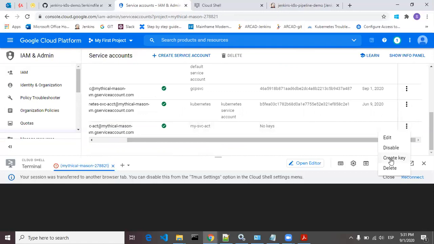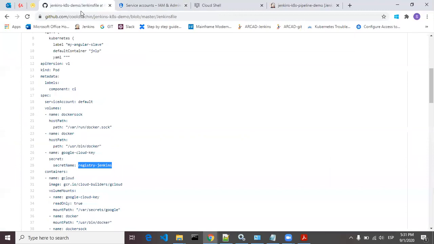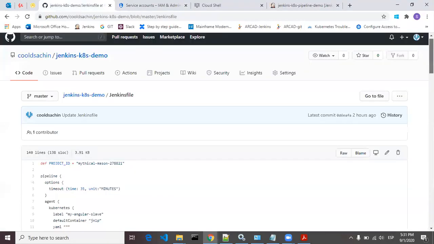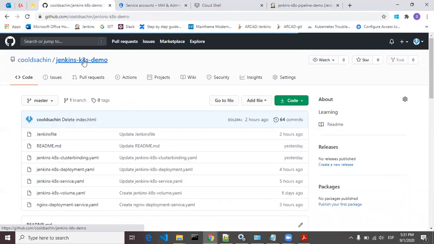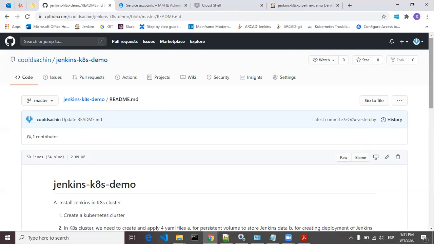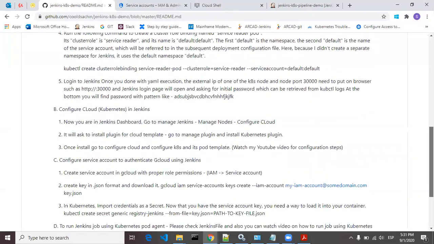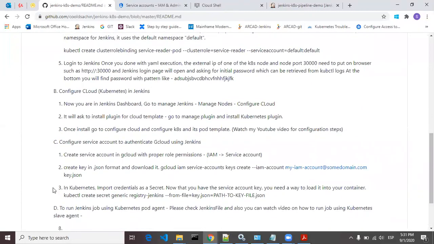If I create a key over here, that key will be downloaded on my system, but I want this on my Kubernetes root path. For that, there is one command. You just have to go to the Kubernetes readme file, and below you will see one command over here.